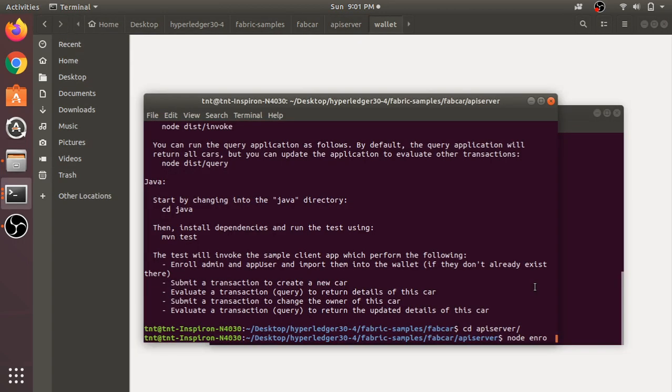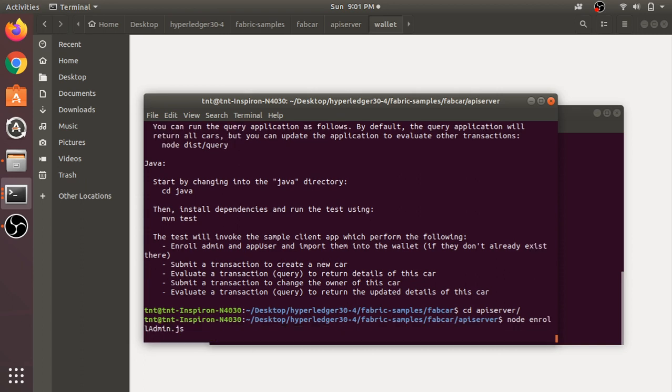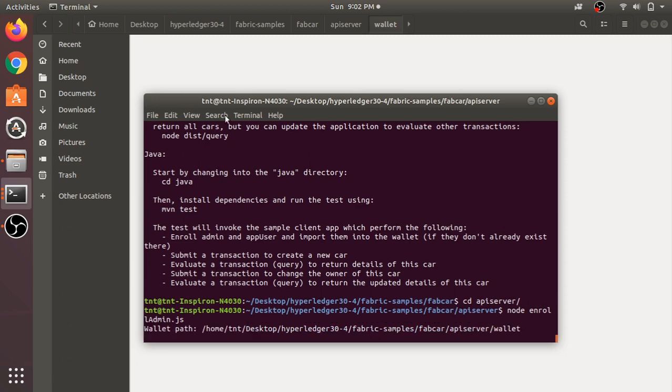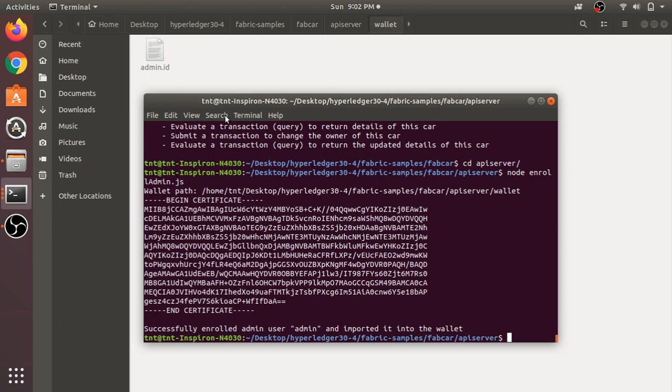Okay, so node enrollAdmin.js. It's creating. Okay, behind the terminal you can see it's created. Next you have to create the user.